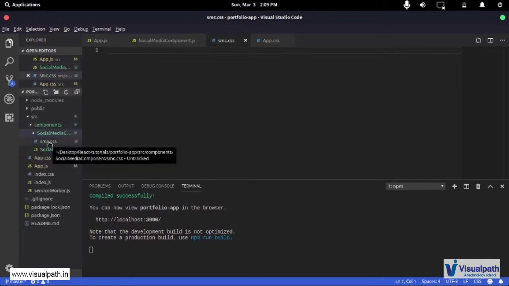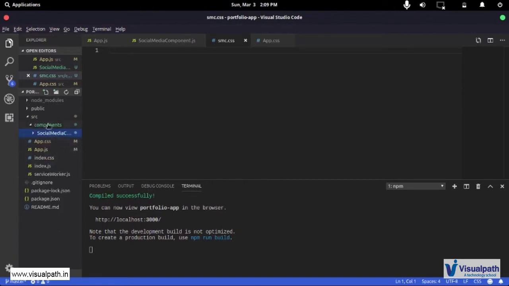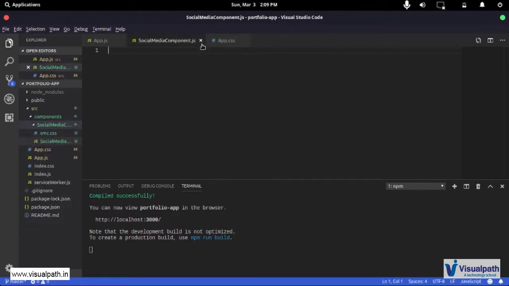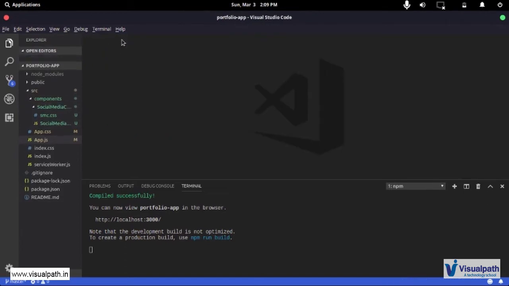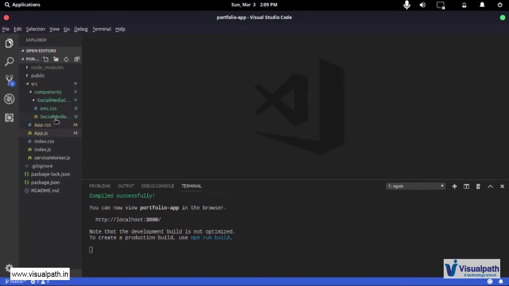And I don't actually have a preference for naming your CSS, but what I personally think is a good practice is inside your components, if you have a component, say social media component, and you create two files called social media component and its CSS, then you can use your functional components and style them right where they are, so that your CSS and your UI stays together and they are an intact unit that's called social media component.